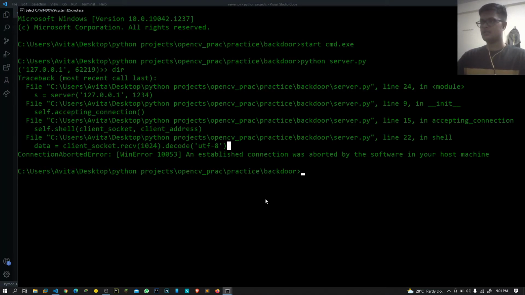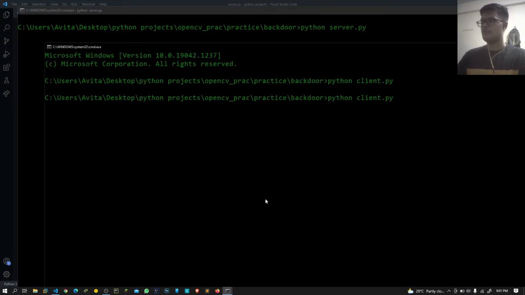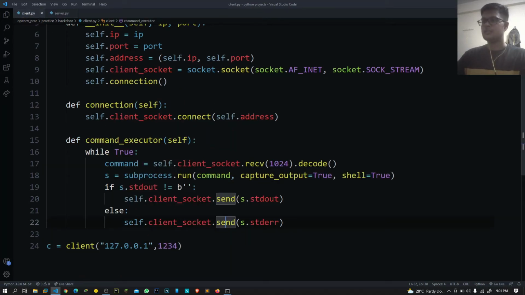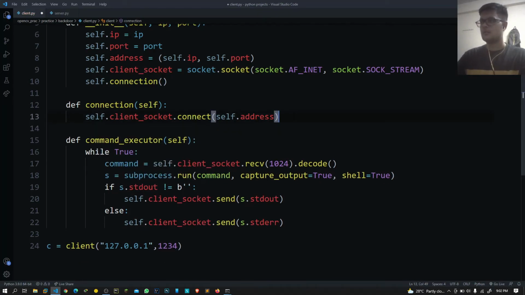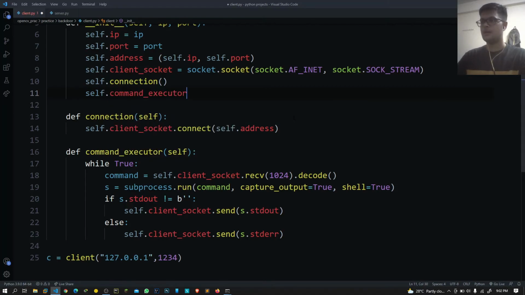Now let's again try to connect to the client. Okay, what's the problem we have? Yeah, the problem is we have not started this executor. So just start this executor after this connection, with self.command_executor.